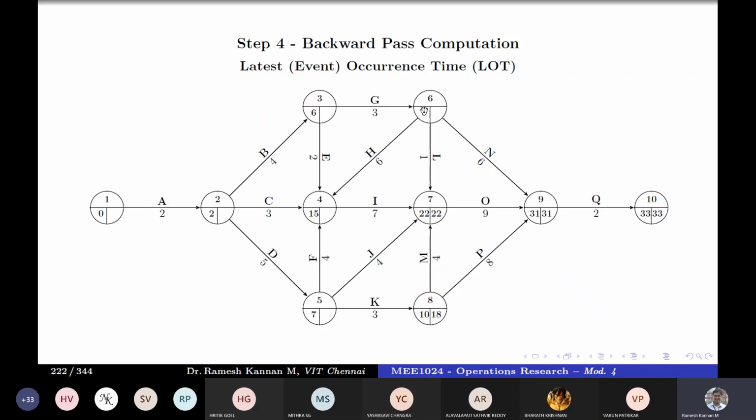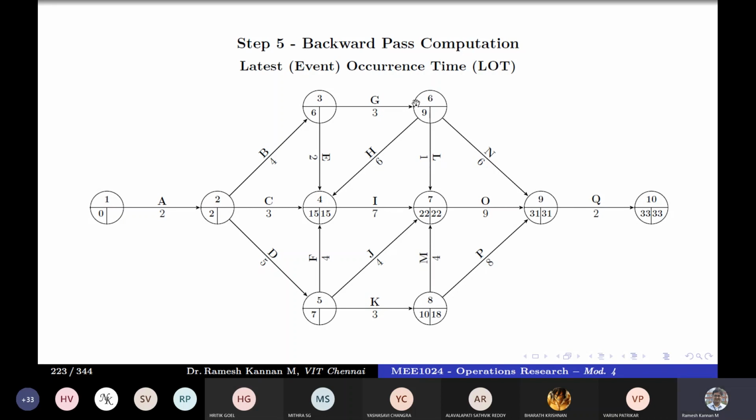Next, we'll go back to here. But I beg your pardon, 6 also has H going out. So it's not two arrows that are leaving, there are 3 arrows leaving. For that, you need to know this value, and only then can we subtract this duration from this duration. Let's go to 5, because 5 is fairly similar: 18 minus 3. Or in this case, we can finish this and come back to this. This is 22 minus 7, which is 15.